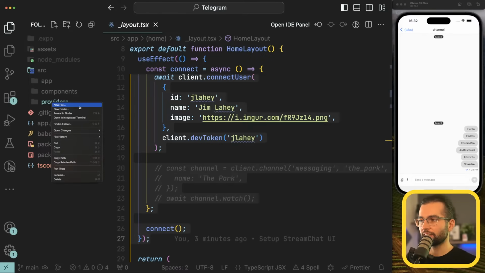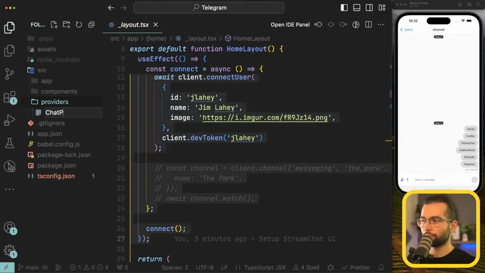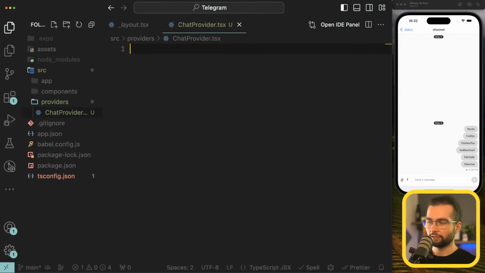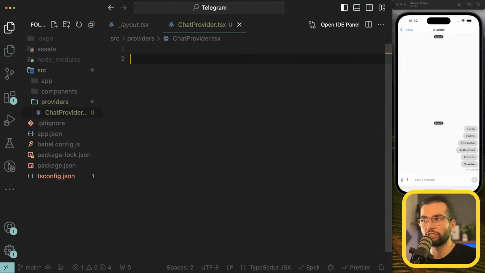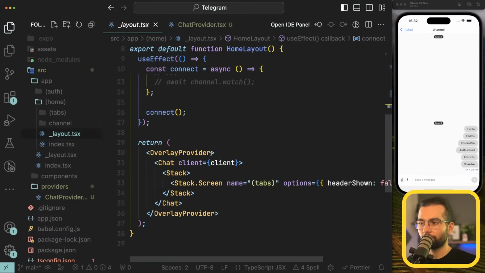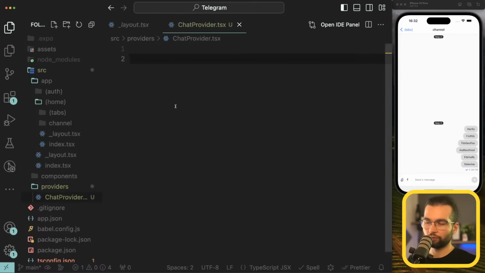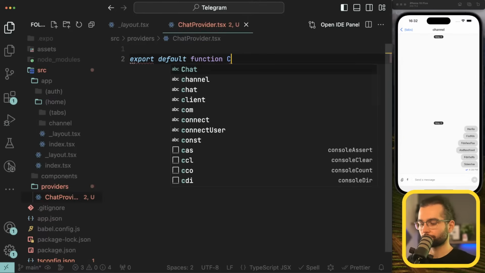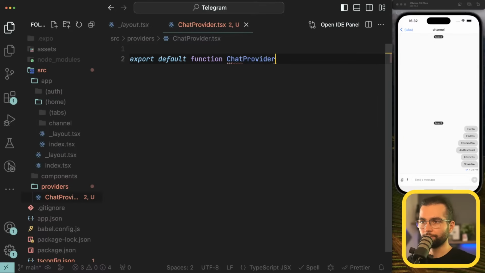And the first provider is going to be chatprovider.tsx. This component is going to be responsible for connecting the user and rendering these two things, the overlay and the chat. So let's export default function chat provider